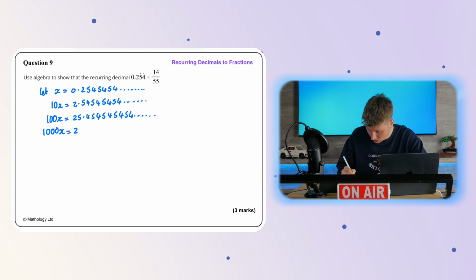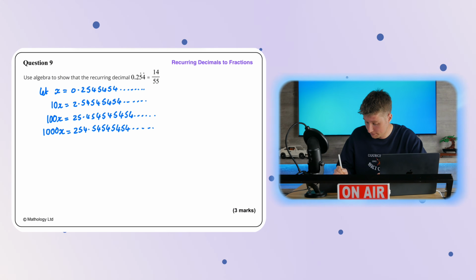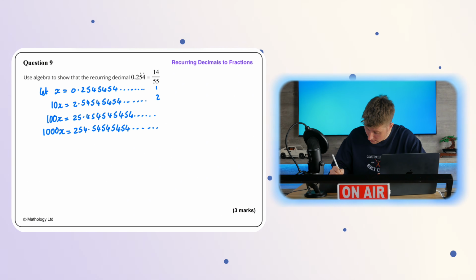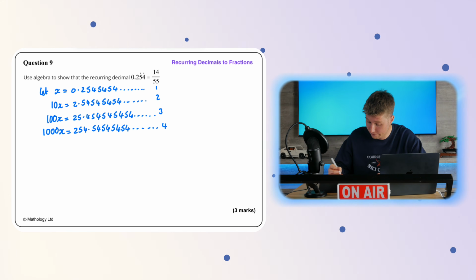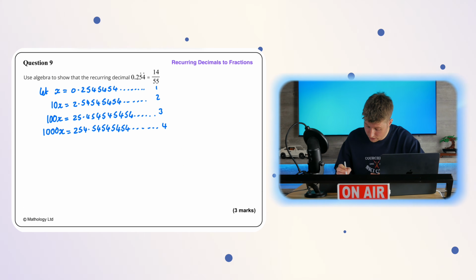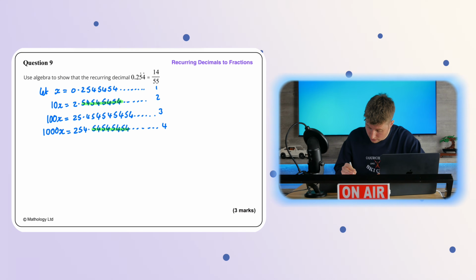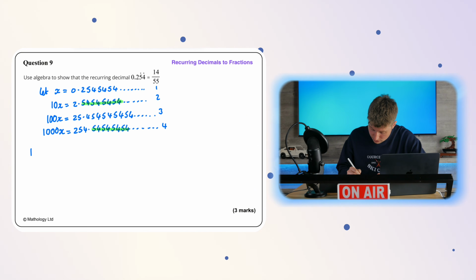And this is equal to 254.54545454 and so on. And this is line 1, this is line 2, this is line 3, and this is line 4. And you can see here that we've got a match to the right hand side of the decimal point with lines 4 and lines 2. So if we do 1000x,